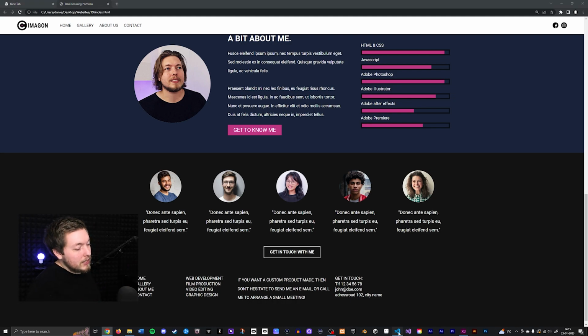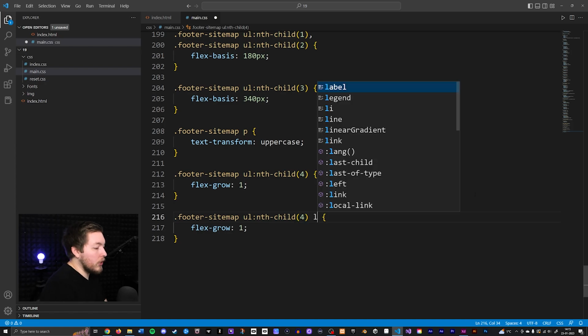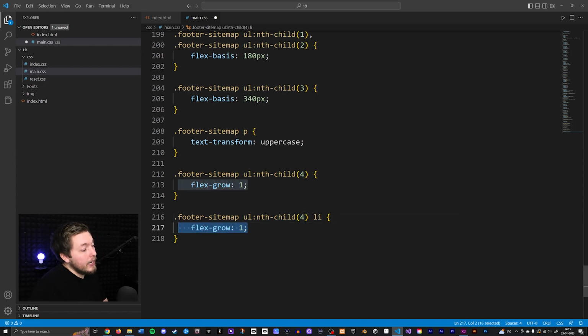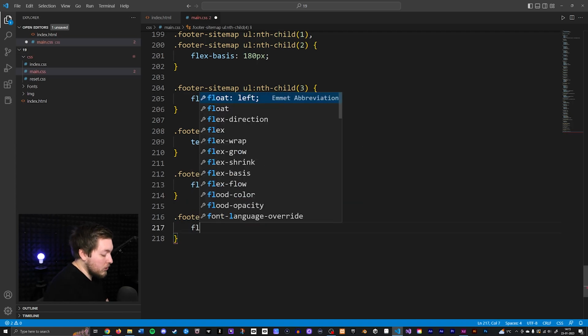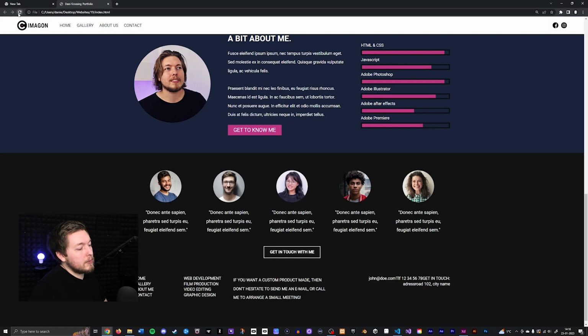So what I can do is I can go inside my CSS and I will copy paste what we have here, paste it below. And I want to target the list items inside this particular unordered list here. And then I want to give it a float right. And the reason I'm doing this is because this is going to be a lot simpler when it comes to just simply putting things on the right side inside this particular container here. So what I'll do is I'll add a float right, which is not going to make it work completely like I want it to. So if I were to go in and refresh the website, you'll see that it is going to the right side,